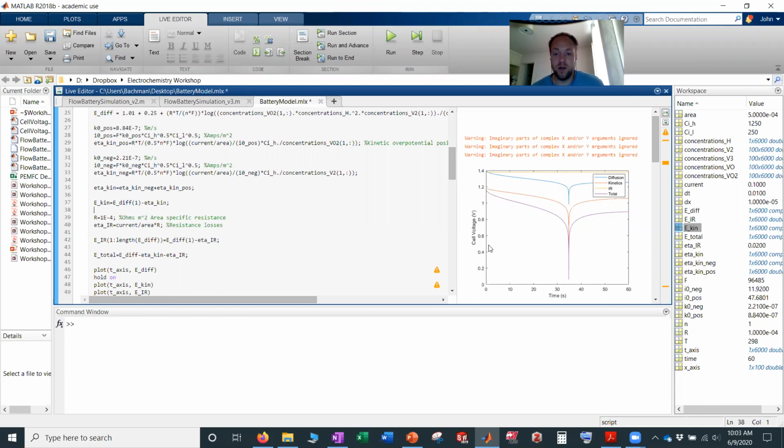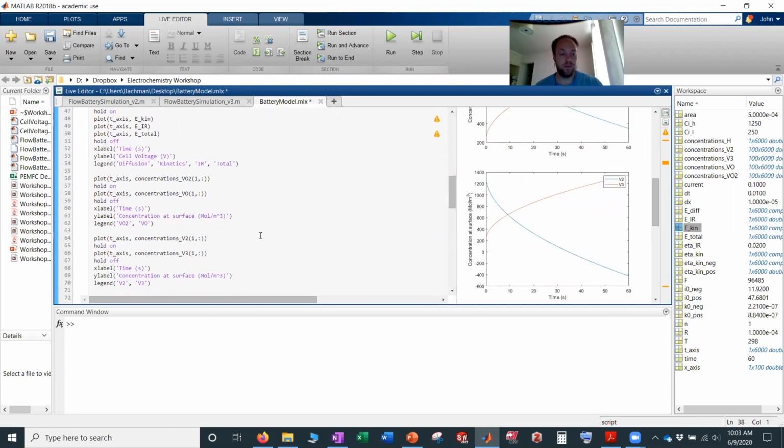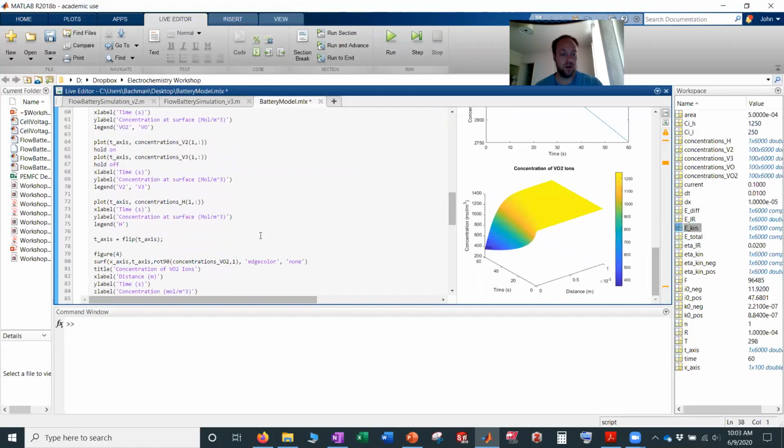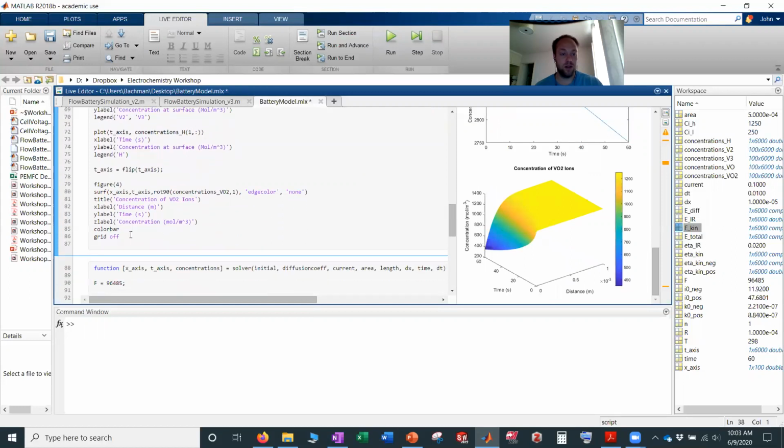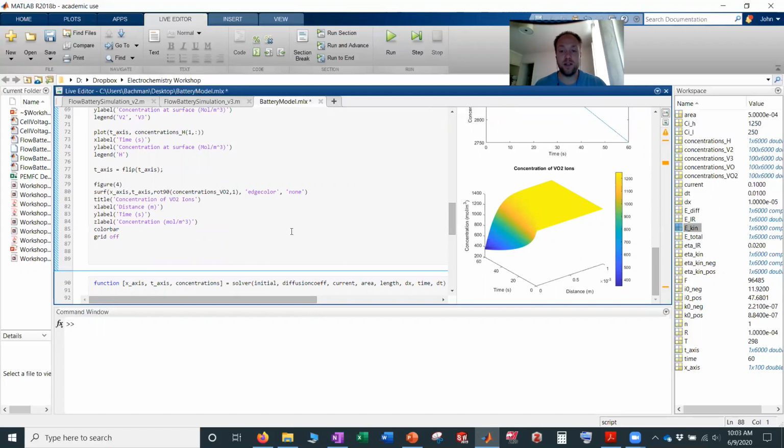What we can do is define when our cell is basically dead, which is maybe at like 0.4. We have all this plotting, so maybe we could find what the power density and energy density is for this battery, right? So what we can do is we could say